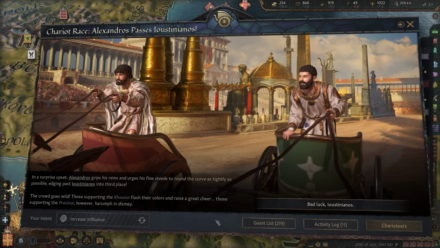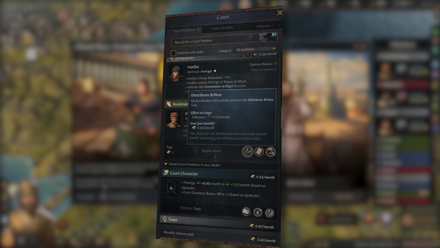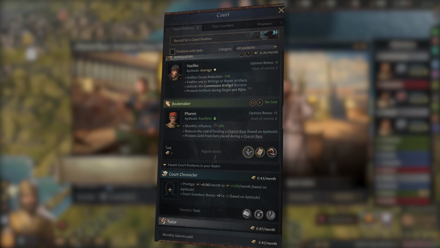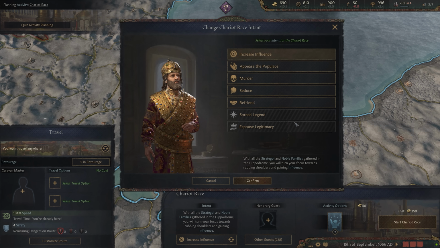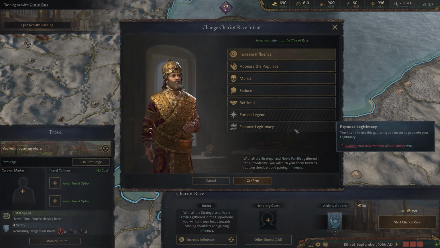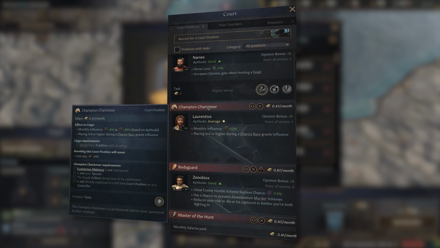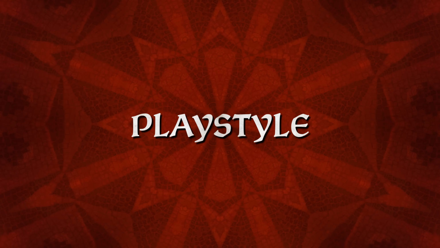Alongside the chariot racing activity, we have 2 new court positions. We have the bookmaker and a champion charioteer. So the emperor can hire a bookmaker, and this is the person that will keep track of all of the bets happening at the chariot race. It's technically an optional court position, but it gives you a few bonuses if you host. Let's say monetary bonuses. And the champion charioteer, anyone can employ that court position as long as you hold a title. And this is the person who will compete for you at the chariot race itself. So you'll get to actually hire your own charioteer and see them compete in the activity.